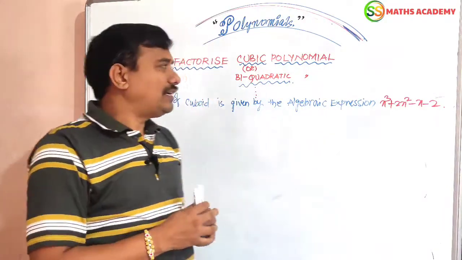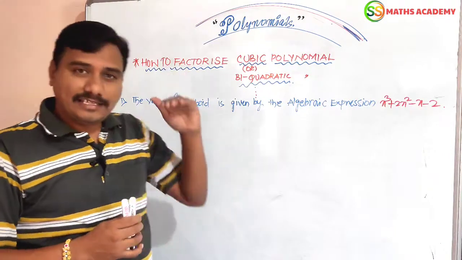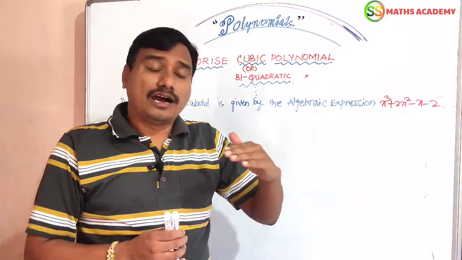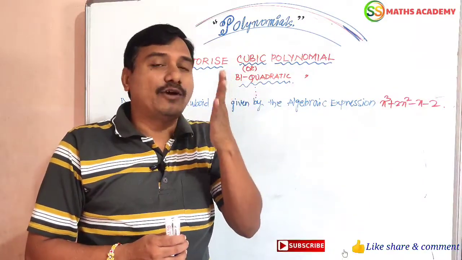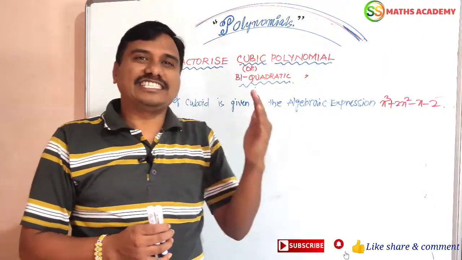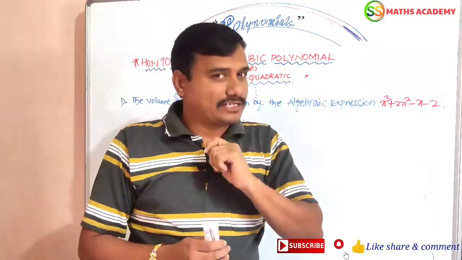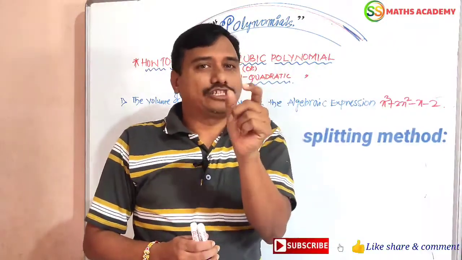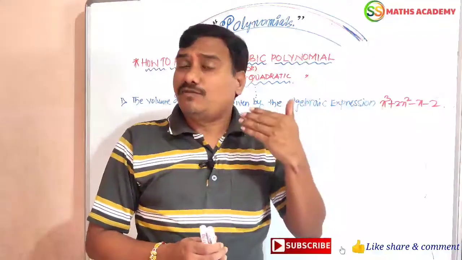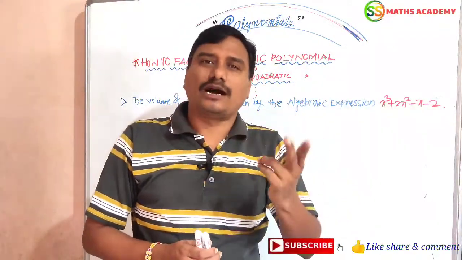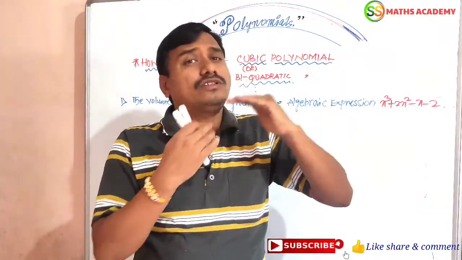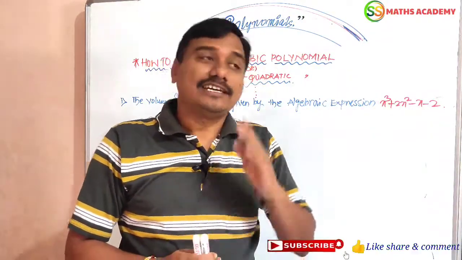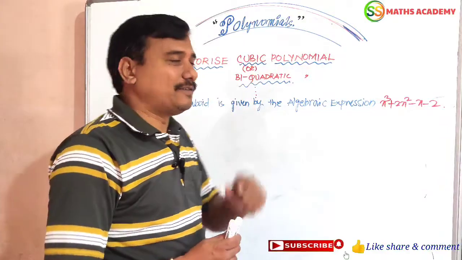So the topic is how to factorize a cubic polynomial, or biquadratic polynomial, or fifth power polynomial in the easiest manner. Actually, we learned in previous classes how to factorize the quadratic equation. That is nothing but the splitting method. Splitting the factors, we should get the answer. But what about a cubic polynomial? We have to take the common terms and get the answer. But for more than three terms, we have to solve this question in the easiest manner, friends. That kind of answer, let us see here.